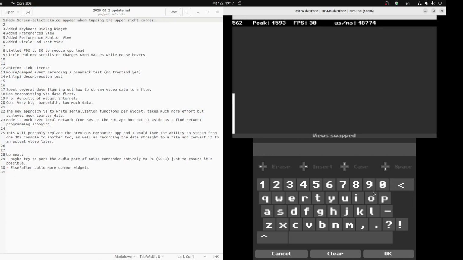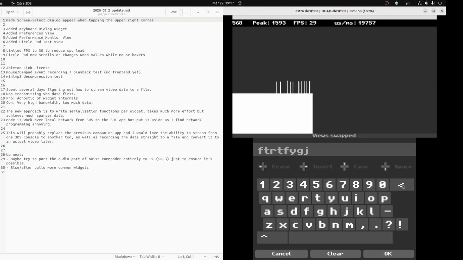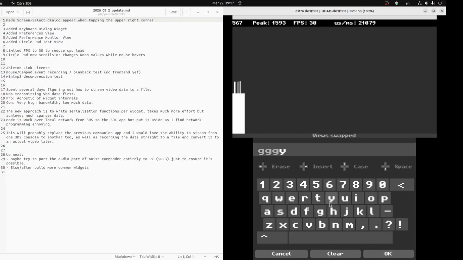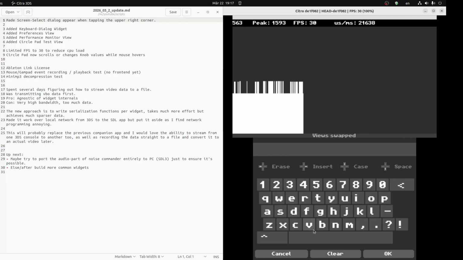I like it because I find it intuitive, but when I showed it to my wife, she didn't think it was. So it works like you would expect. You can just tap on the keys and type away. But the idea is that you don't have to tap. You can just hover over and use the D-pad to enter characters. Left erases the last character and right enters the current character, and then up and down have other functions. So let me type something like